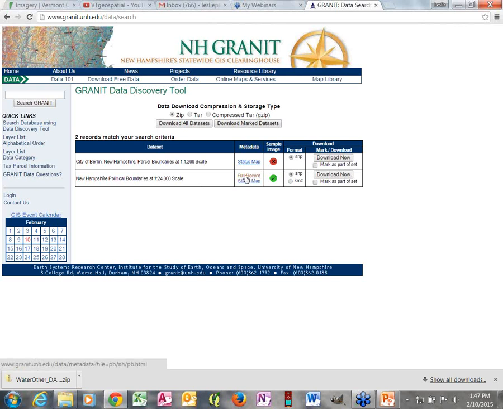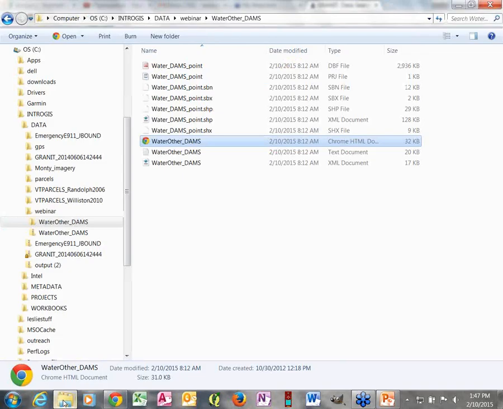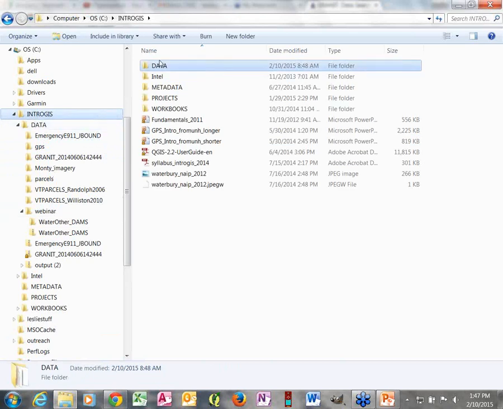There's a link to the metadata, and there's also a couple of options at Granite in terms of what format we get it. I do want a shapefile, so I'm going to keep that. Download now, and once again, I automatically get this statewide download onto my computer, and I would put that right here and right into my